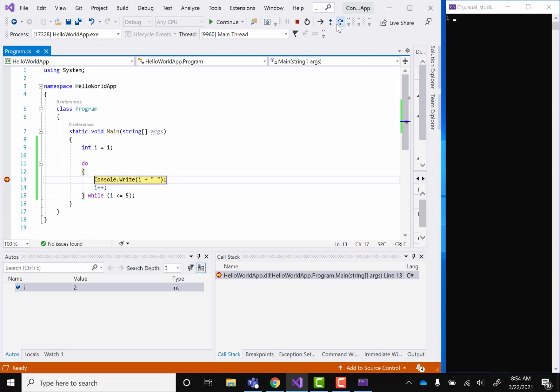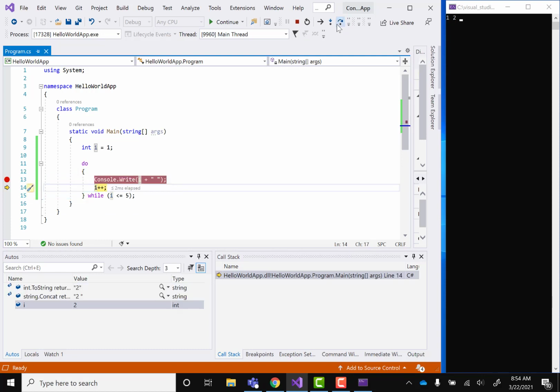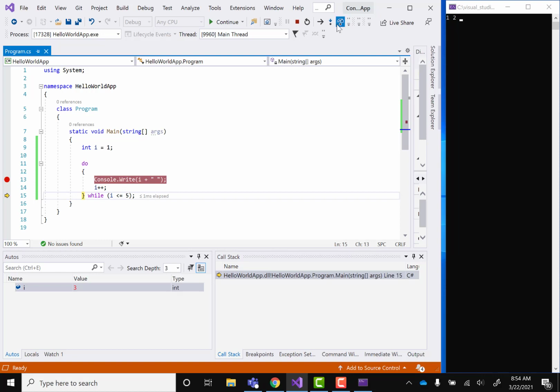Like you can see here that it will again print 2, then it will check the condition whether 2 is less than 5, then again go inside this execution. Similarly it will keep on executing till 5, and now our I is 6. So now it will check if I is less than or equal to 5, this is not, so after that it will go out of the loop, right? So that's what the difference is between while and do while. In while, first it checks the condition, then it executes. In do, first it executes, then it checks the condition. If the condition is met, then go further again, right?